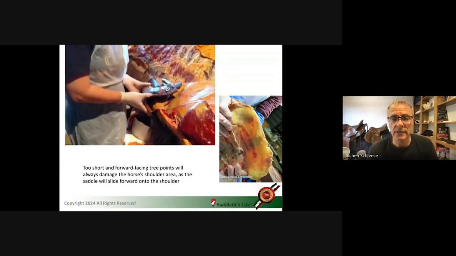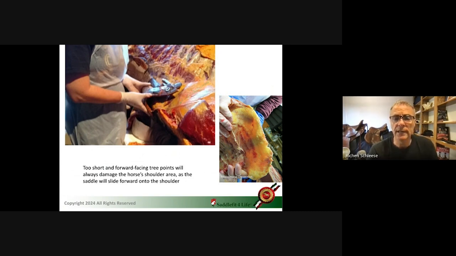moves upwards, backwards. Here we see this veterinarian dissected the horse is laying on the side, horse's head in this direction. They put a tree on top, right? And they show often the trees, the width is measured from D-ring to D-ring, okay? It's not wide enough, or often the angle from the D-ring down doesn't match the angle of the shoulder. Here you see underneath this